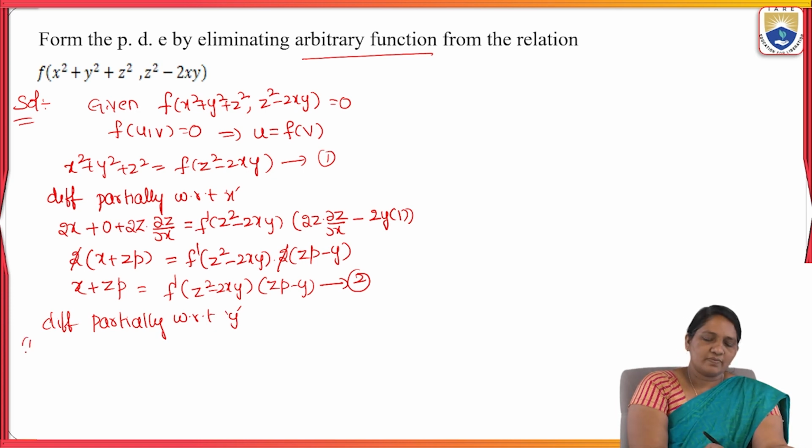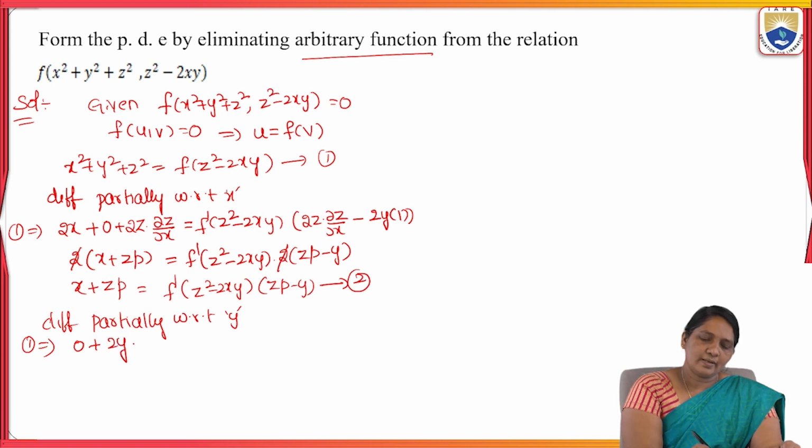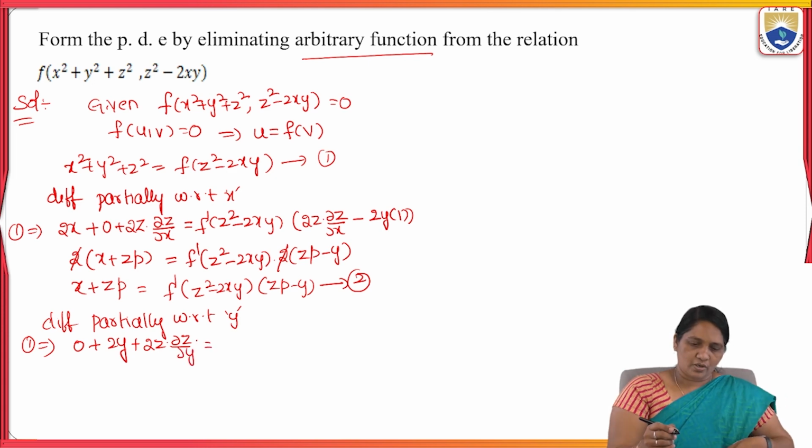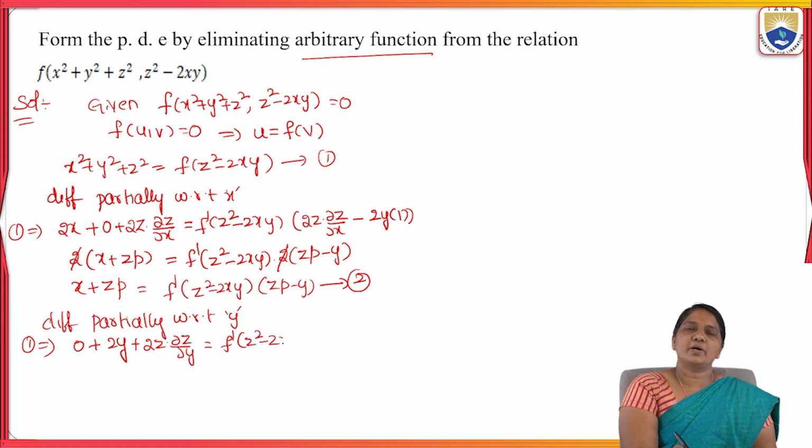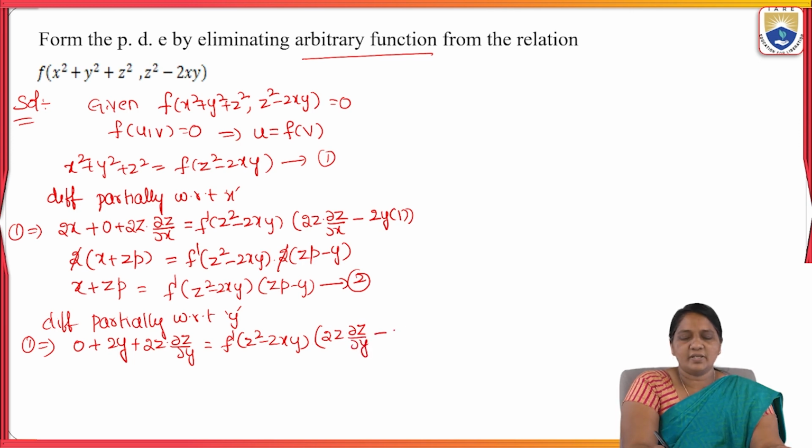So now equation 1 becomes, here x square is constant, so 0, y square is 2y, plus for the z square is 2z into dou z by dou y is equal to, now here f derivative is f dash of z square minus 2xy into, for the internal value, so 2z into dou z by dou y minus 2x is constant and xy value